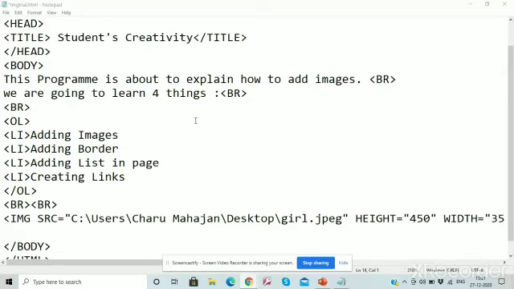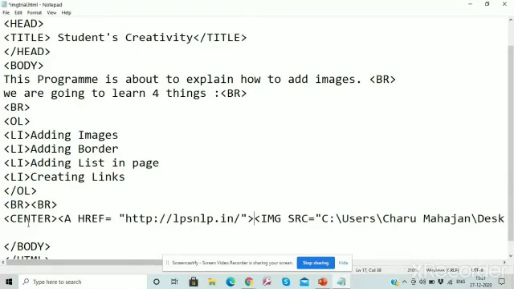Okay, I'm just going to use the anchor and href hyper reference tag. I'm just using the center tag first so that the image can be centered. After writing this before the image, because I want this image to be a link, that's why I'm writing before this image.